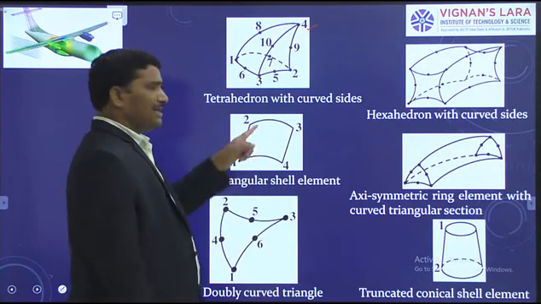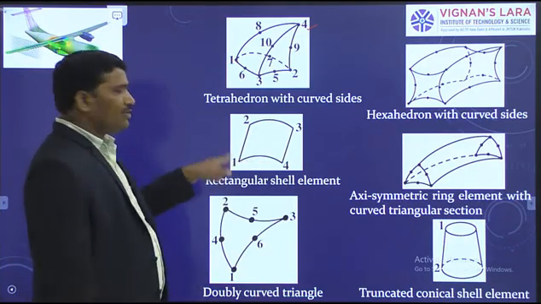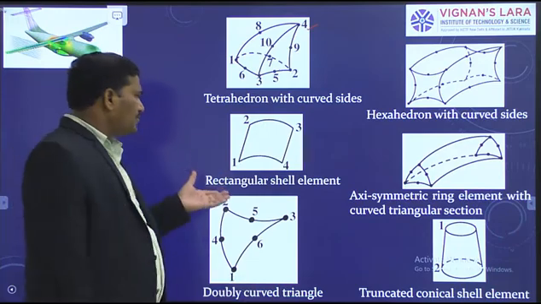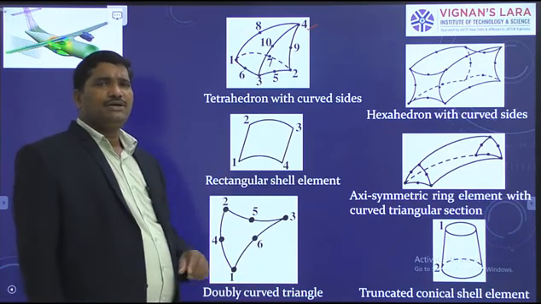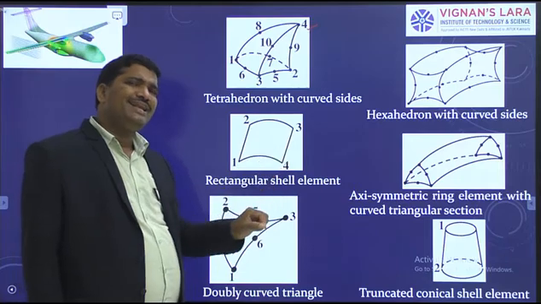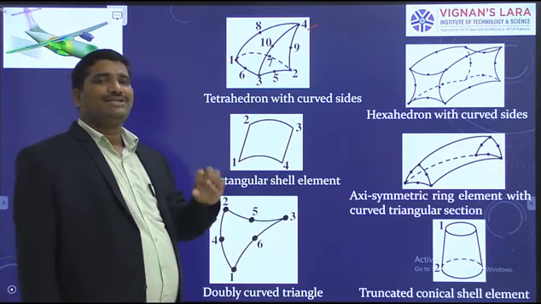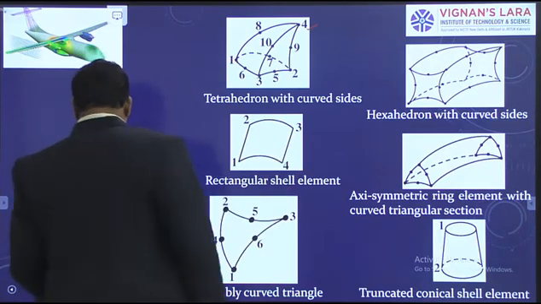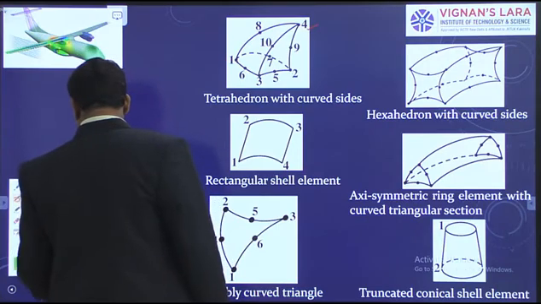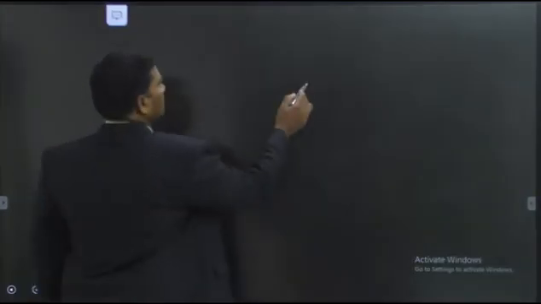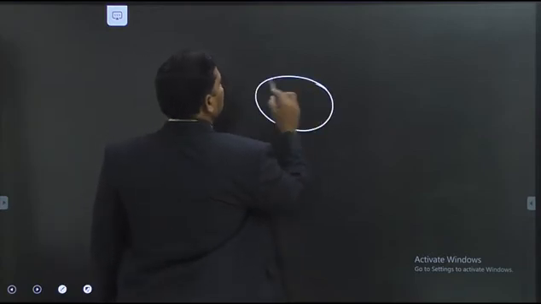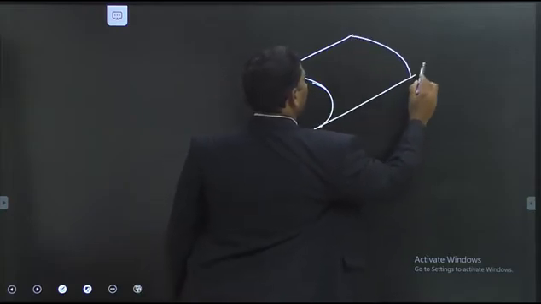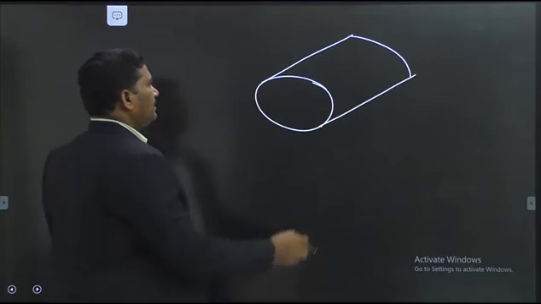Rectangular shell element. It has how many nodes? 4 nodes. Rectangular shell element. We can use this type of element for thin shells, for the shells having very small thickness. Right? So I take an example. So this is a shell. A thin shell. A thin shell. Right? So now,